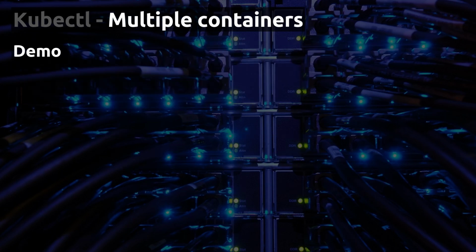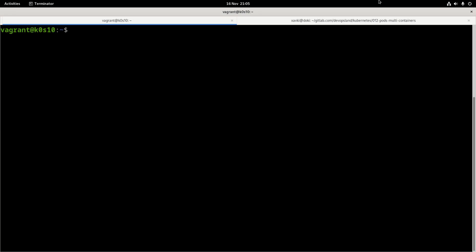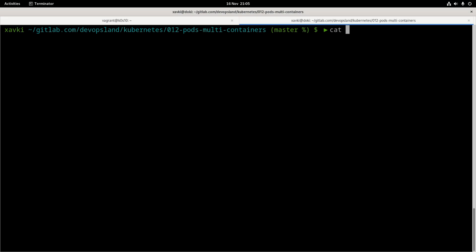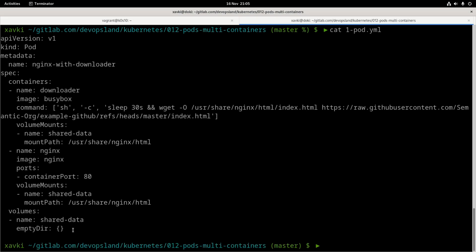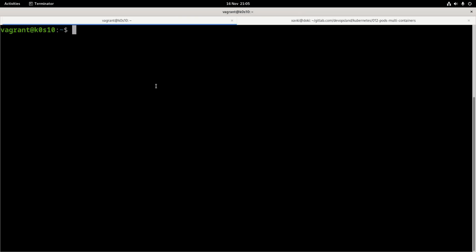So now let's go, we can make a little demo to check that. In my terminal, I have a Kubernetes cluster. With kubectl get pod, I can check if we have some pods. So we don't have any pods. And now I can just take an example. For example, I have three pod manifests here. This one is a really simple pod. We can take it and copy and paste this manifest.